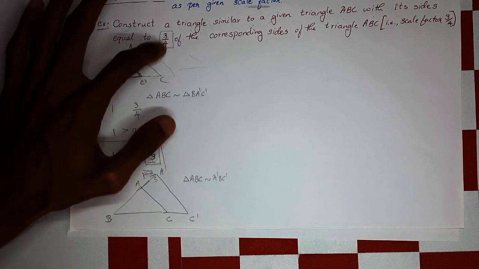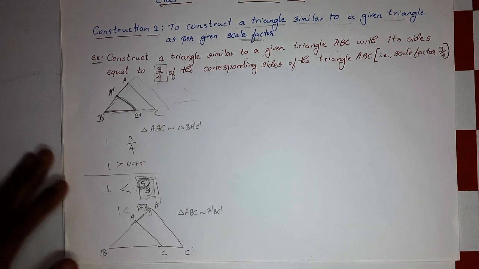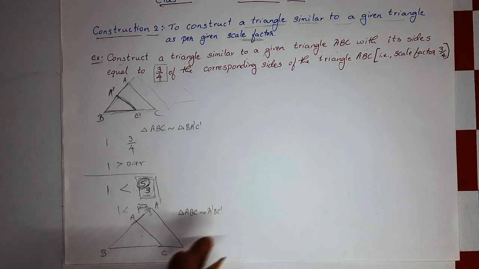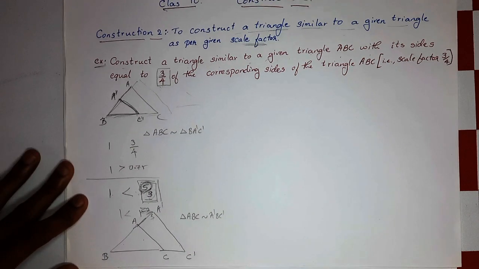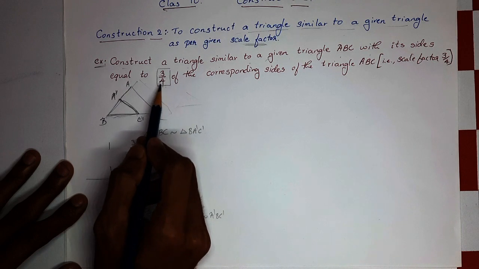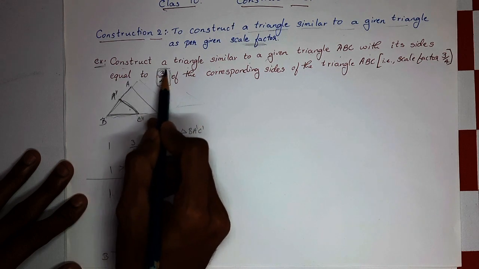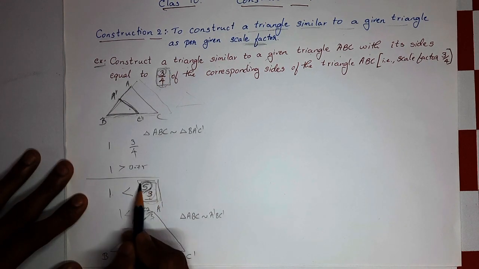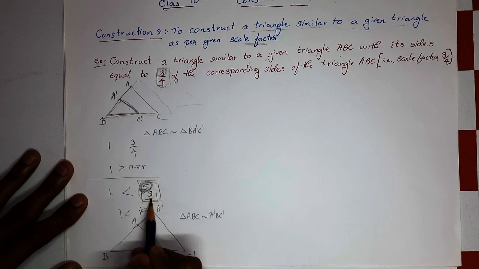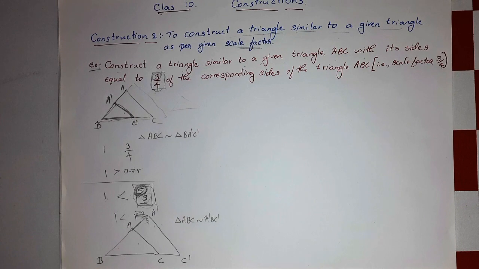So understand the ratio, because the first step is understanding the ratio. If you do not understand it, you go wrong right from the start and the full answer will be wrong. The ratio is called the scale factor, and it plays a very important role. With 3 to 4, the triangle comes inside because the numerator is smaller. With 5 to 3, the numerator is greater than the denominator, so the triangle forms outside. This is the basic. Let us continue further.